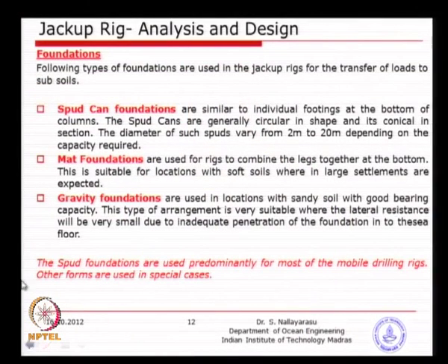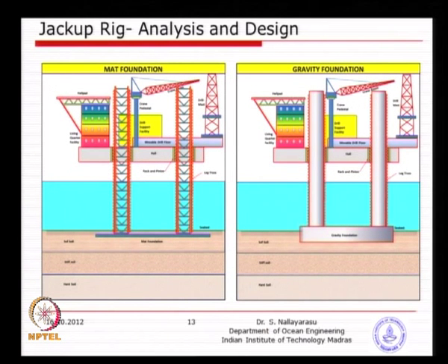Among these you will see that the Spudcan foundation is very common, which we have seen earlier on. So, the mat foundation and the gravity foundation are typically a combined footing, just like a large size footing. In terms of mat foundation, it is going to bend upwards, so elastic material characteristics should be used, whereas the gravity foundation will be assumed as very rigid, because it is very thick and made of concrete, and basically it is going to be a rigid body motion rather than bending type of failures.